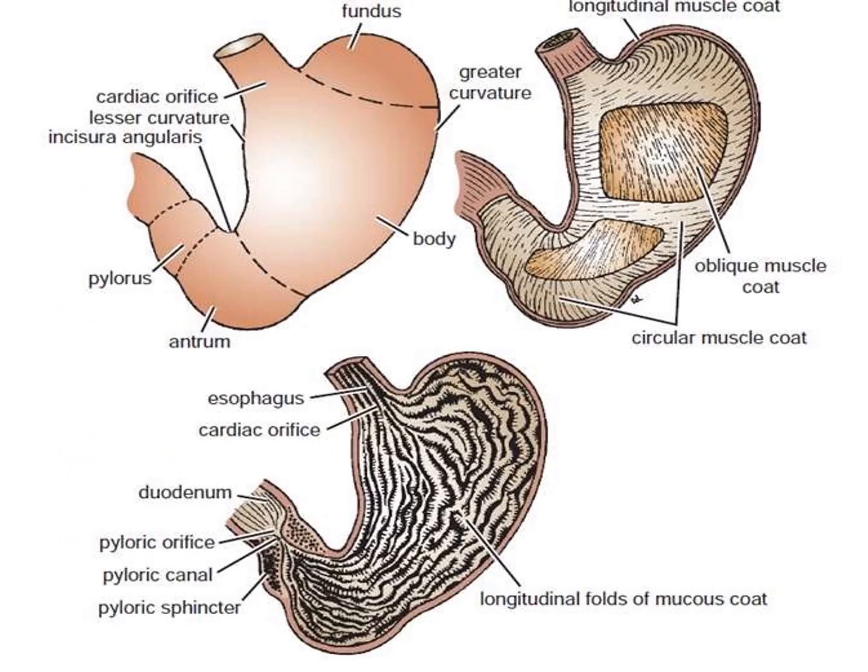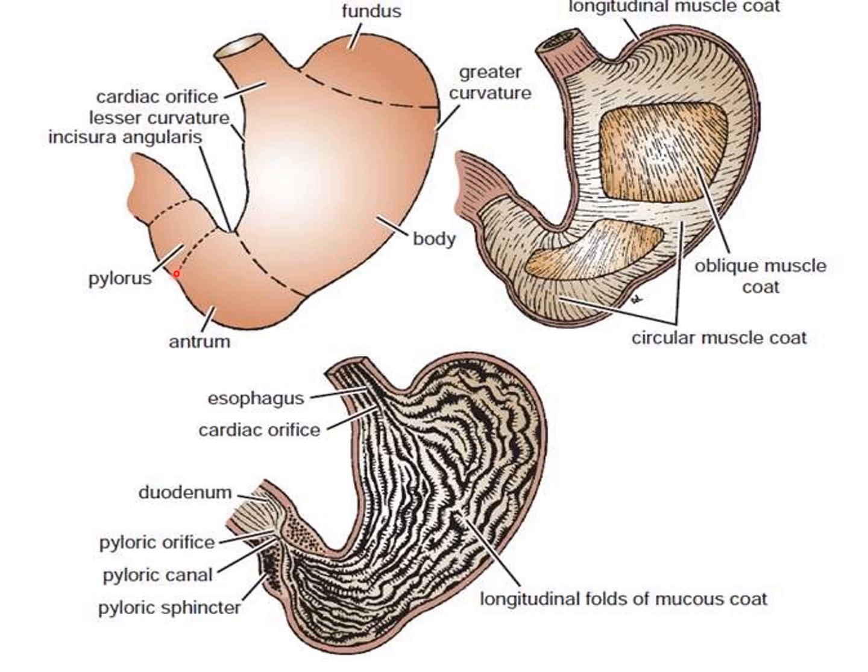In this image, you can see the different parts. They include fundus, body, pyloric antrum and pylorus. This is the fundus, the dome-shaped part. It is projected outward to the left of the cardiac orifice. Here is the cardiac orifice. From the cardiac orifice till incisura angularis is the body. Incisura angularis is the notch seen in the stomach. From incisura angularis till the pylorus is the antrum of the stomach.